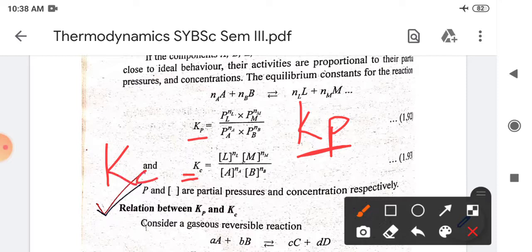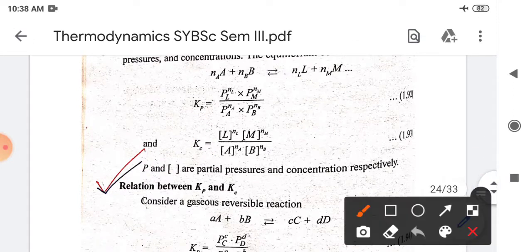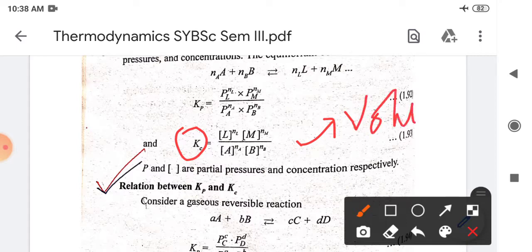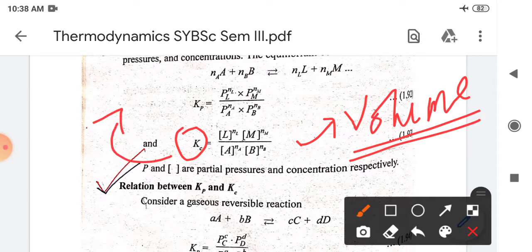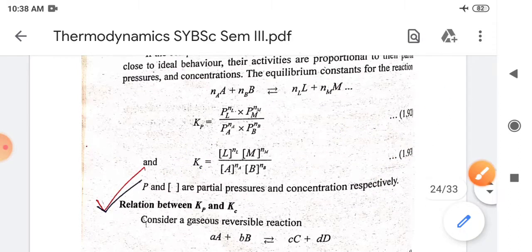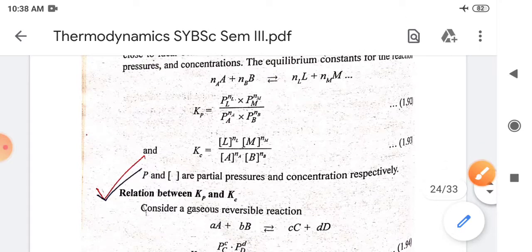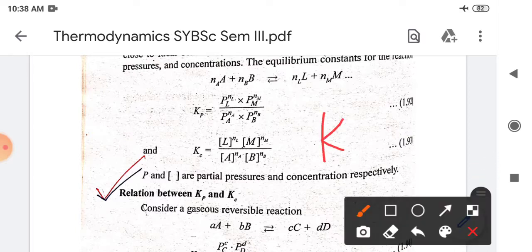the equilibrium constant if we consider the concentration. And indirectly we can say that the concentration of gases depends upon the volume of gases, so this Kc constant is indirectly related to the volume of gases. So keep in mind these two different constants, and we all know that there is also a rate constant, that is small k. In chemical kinetics we come across this rate constant small k, then this Kp or Kc,